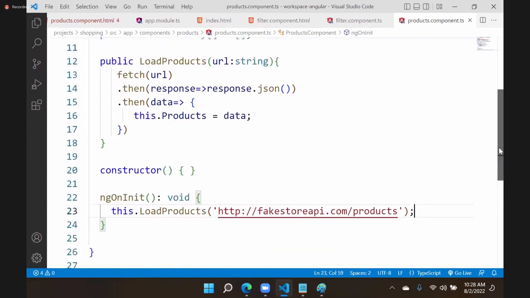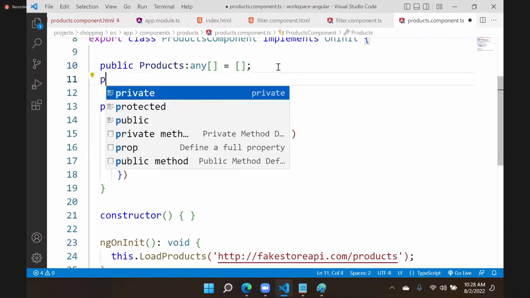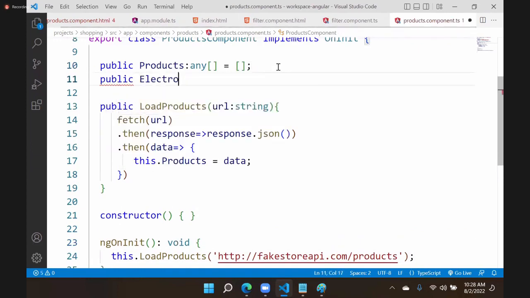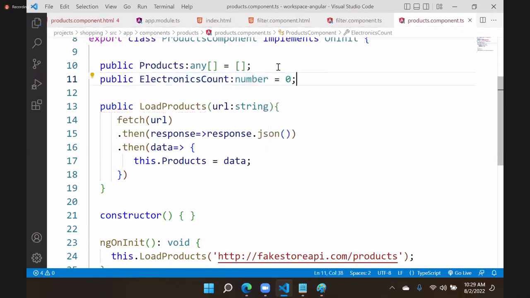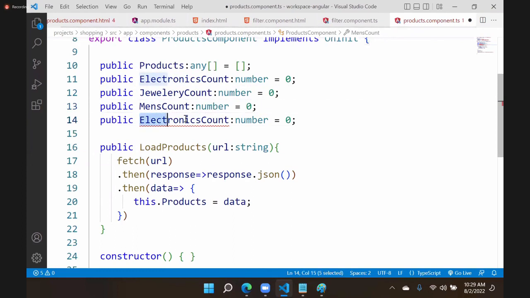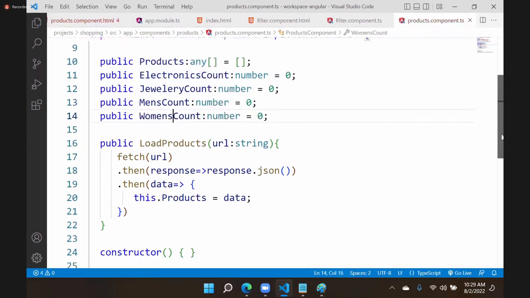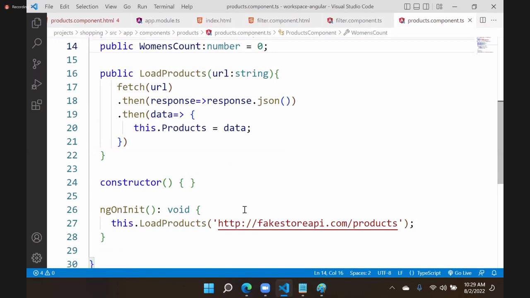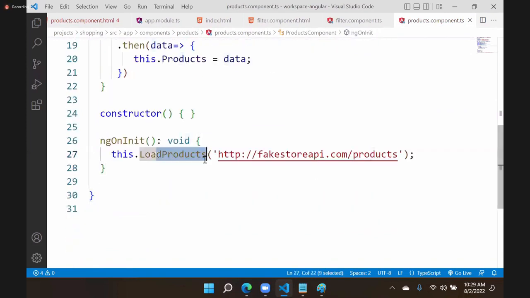How will you get the count here? That means I am creating here a public electronics count. What type is it? Number type, initialized to 0. Same I will declare here also: electronics count, jewelry count, men's count, and women's count. Now the question is, on initialization, after loading the products,